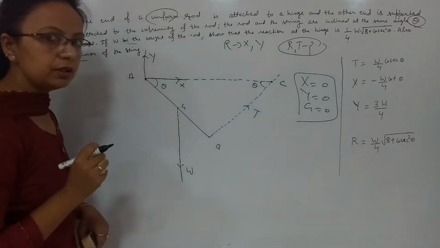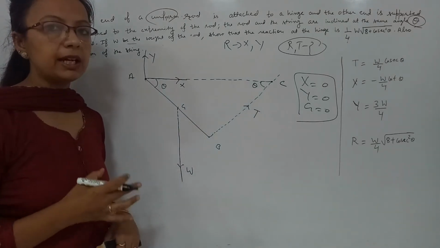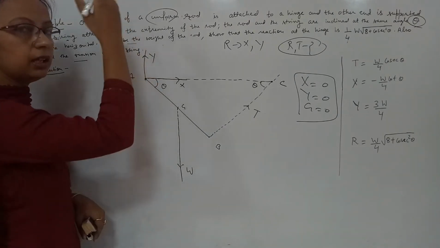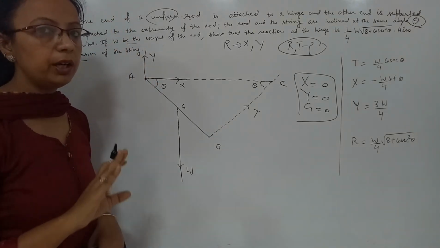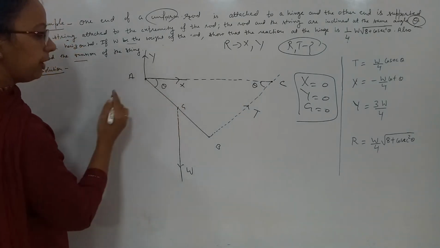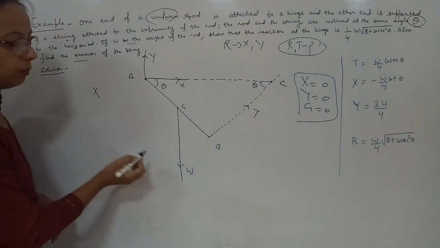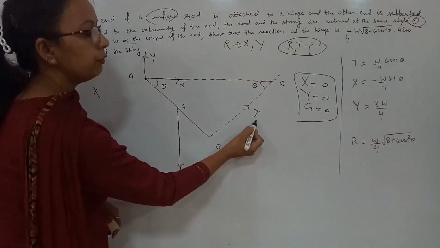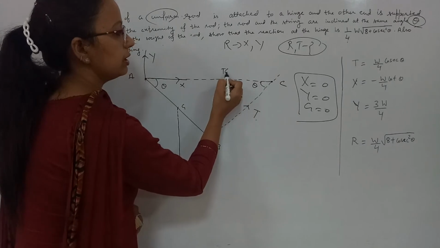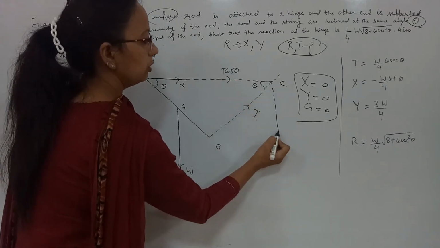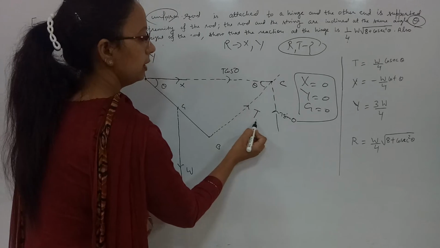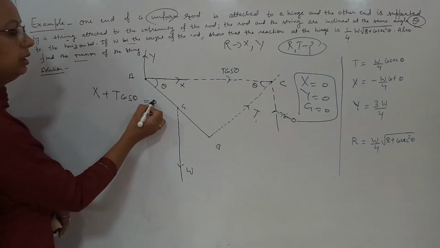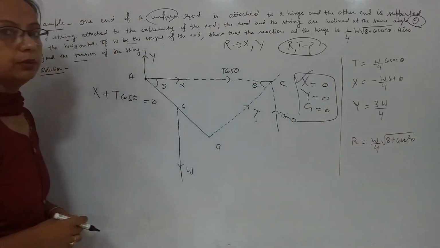So first, capital X equals 0 means all the components along the X-axis. What is the component of Y along the X-axis? 0. Because ये Y के along है, जो Y के along है उनका X के along कोई component नहीं लेना. So the component of X is X. The component of W along X is 0 again, because it is along Y. Now the component of T along the X-axis will be T cos theta. और इसका Y के along हो जाएगा T sin theta. So here I am taking T का component X के along T cos theta, and both are 0 first.